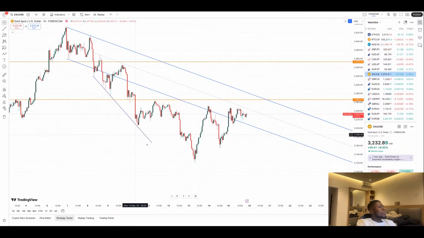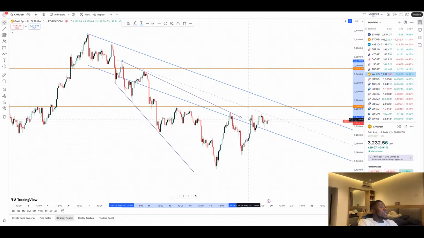Whoa. It's actually going to be tricky here. So the pattern for me here is actually very tricky